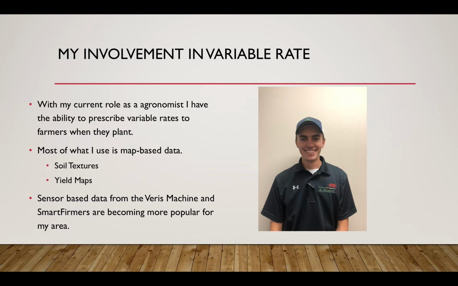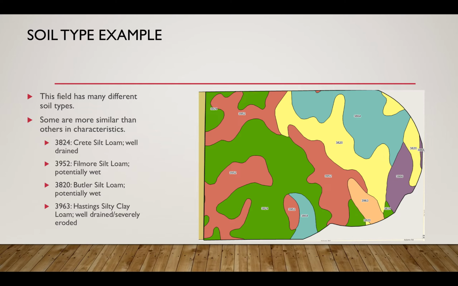But that's a little bit about me, so I'm going to keep going on what I do here. So this is a field, for example, in my area. You can see there's various soil types in it, like the number 3824 there, which is all the green. That's a silt loam. It's well drained, no problems with it. But then the 3952, it's a little wetter soil. It does frequently pond. And if you look at this map,